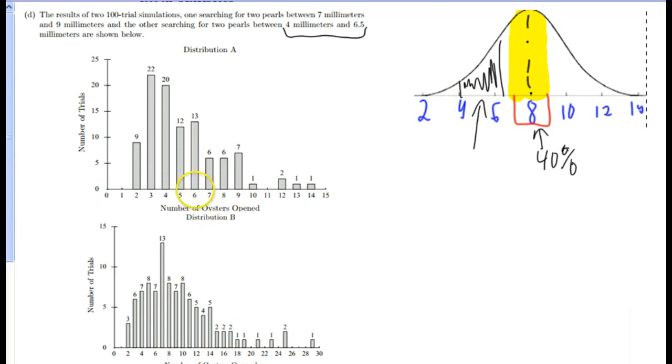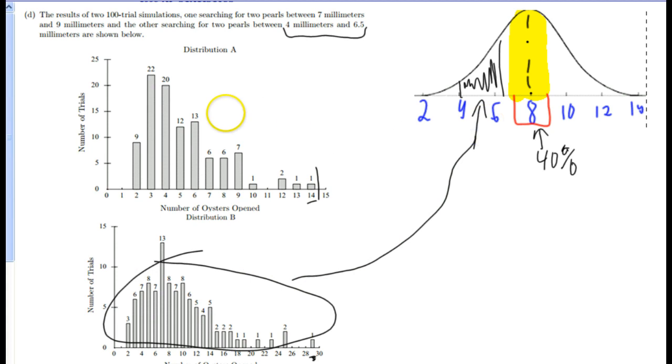If you look at the x-axis, it is the number of oysters opened. The maximum number of oysters here was 14. The maximum here was 29. So it took a lot more tries, the scale is different here. If you look at the x-axis scale, it took a lot more tries here. So I think this distribution seems to go with this one. And it took a lot less tries, so it's a lot easier to get a 40% chance of getting it